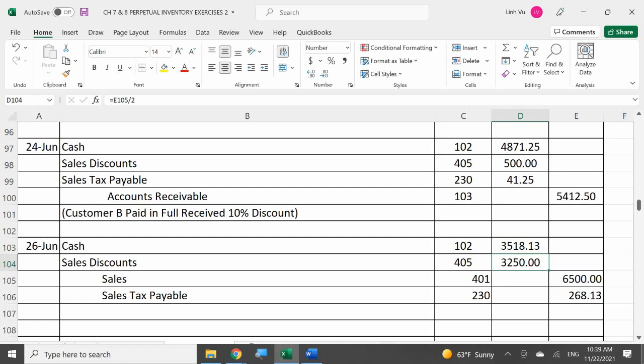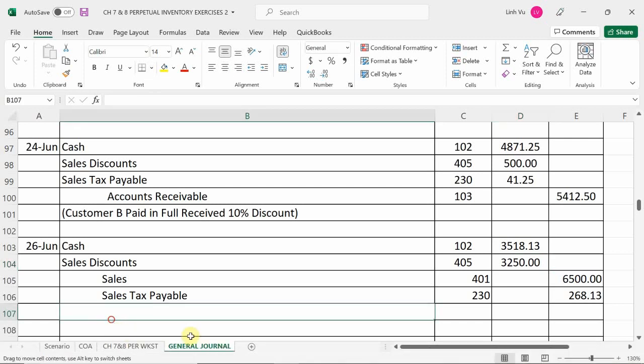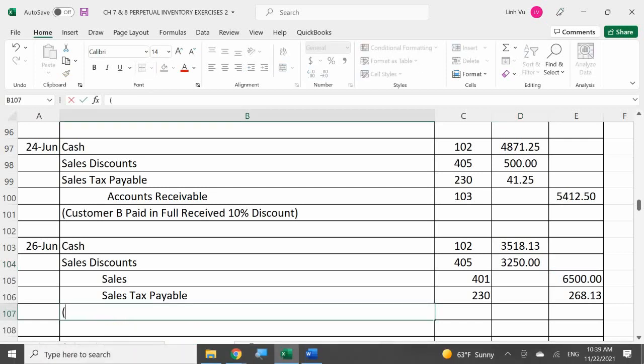You take the $268.13, you add it to the $3,250, and you should get that number. Okay. And then I'm also making a note here that summer sale, 50% discount on mugs, sold